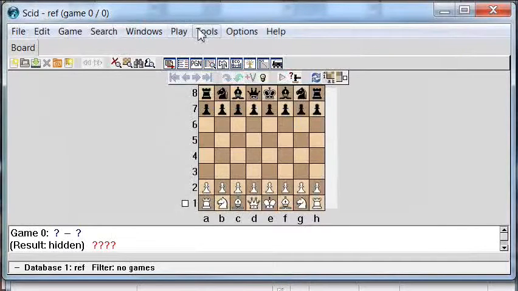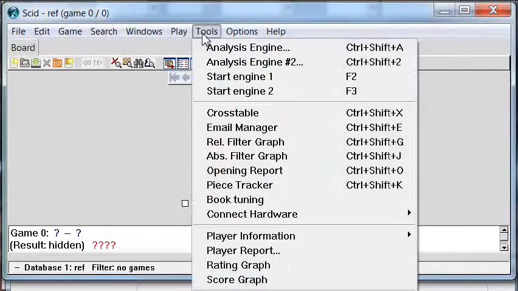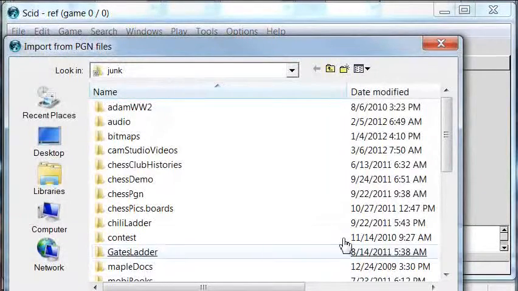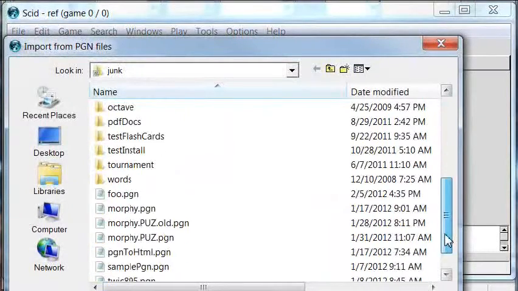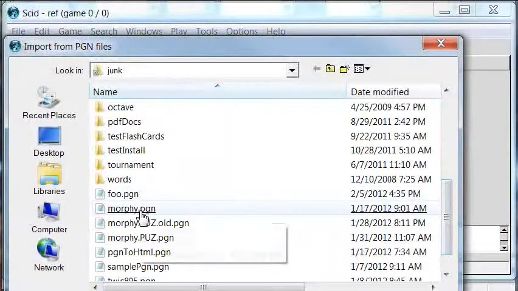Now we're going to add some games to this database from the PGN file that we've downloaded from the internet. To do that, you go to the Tools menu, and it's off the screen of my capture program here, but if you scroll down this Tools menu far enough, you'll find an item called Import File of PGN Games. Click on that, and it will ask you the file that you'd like to import. Let's suppose I downloaded a file of Morphy's games from the internet, and I called it morphy.pgn. Click on that,